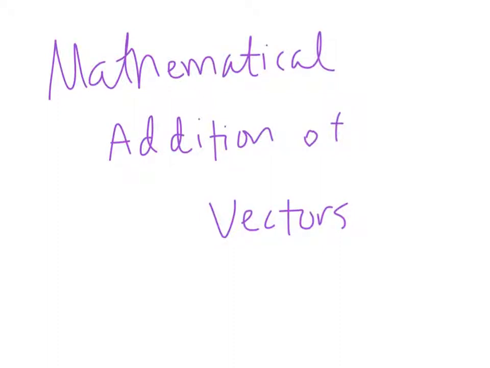We've seen how to add vectors graphically, and now we're going to look at the mathematical way to do it. The mathematical way will always be a little bit more exact because it's being calculated as opposed to measured. However, either method will be acceptable, and they are both good to check the other one. So make sure you have your graphing calculator so that I can explain how to do this with the calculator,